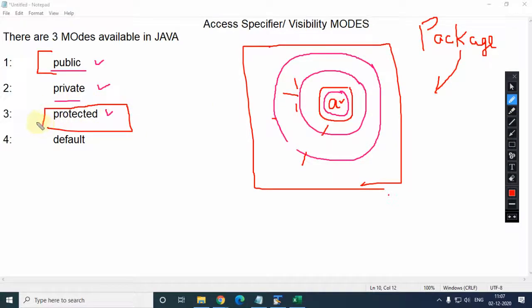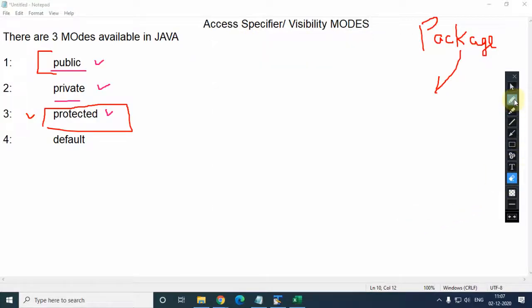Now come to protected. Basically, this protected keyword we usually use in the inheritance concept, where we can declare two classes. For example, this is the first class and this is the second class, and this is your main method from where you call these classes.